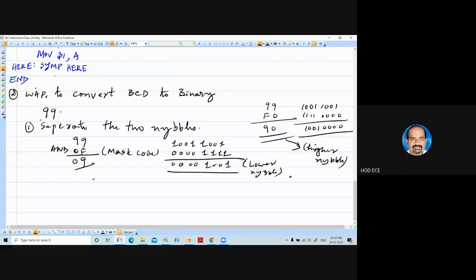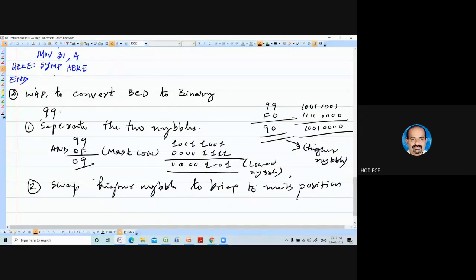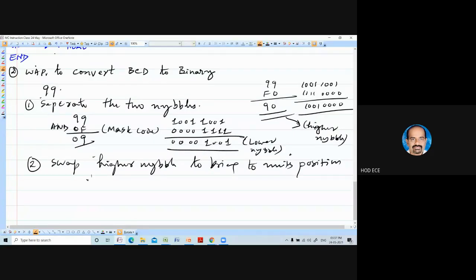So now what do you do? Step number 2. Swap higher nibble to bring to units position. So using the instruction SWAP A, these two nibbles will be swapped, you are going to get 09.